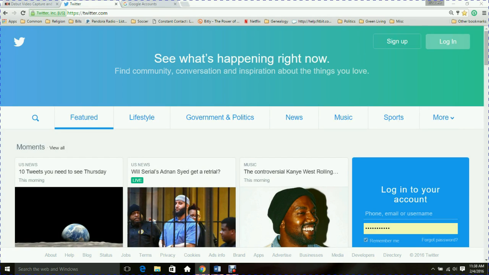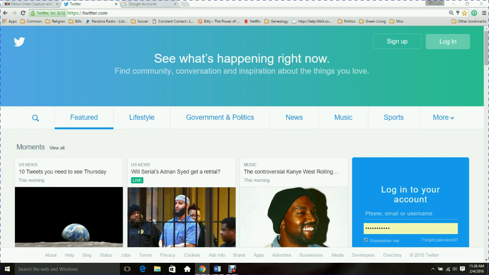If you have never created a Twitter account before, you simply go to twitter.com and you should see this screen on your computer or something similar, as I'm sure they change it and update it all the time. You do not need to put in HTTPS or www. You can just put in twitter.com into the address bar at the top of your screen, and it will bring